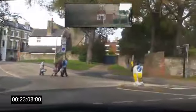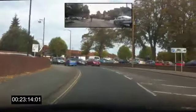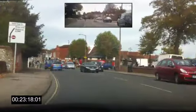Okay, so where must we look before we move out? Because we've been waiting on the side of the road there and we had someone coming right up behind us. What could they do before we move off? Why is it very important that we check to see where they